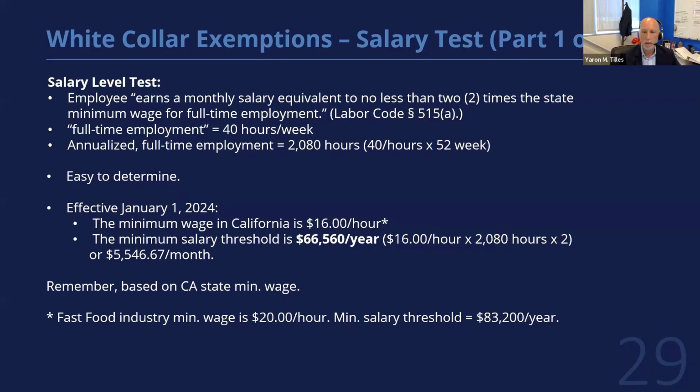And then we multiply it by 2 because, as you may recall, it needs to be twice the state minimum wage. And so that's how you end up with $66,560 per year. Or if you're calculating it by month, it's $5,546.67. So now remember, this salary test is based on the state minimum wage, not the federal minimum wage, which